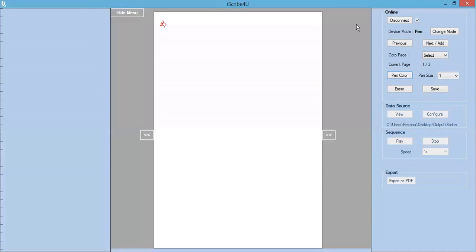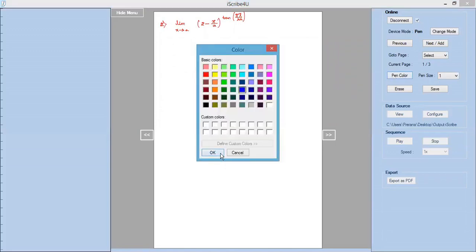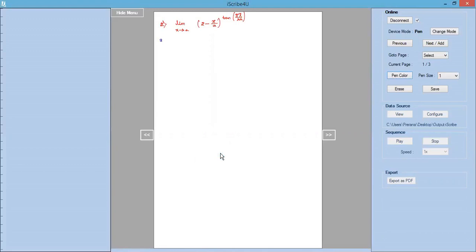So the question is limit as x tends to a, 2 minus x divided by a, the whole power tan of pi x divided by 2a. So at the very first stage, we always check what form the given limit is of by calling it, say, k. So let us rename the given limit as, say, k. Limit as x tends to a, 2 minus x divided by a, the whole power tan of pi x divided by 2a.